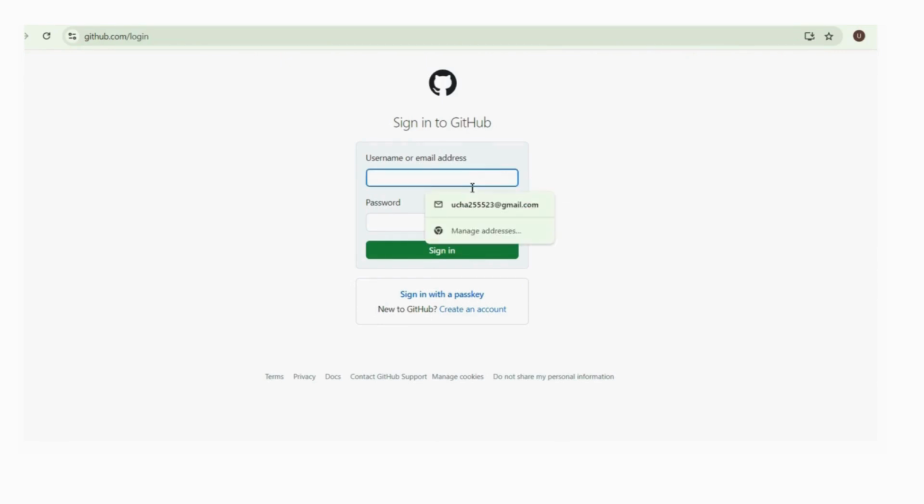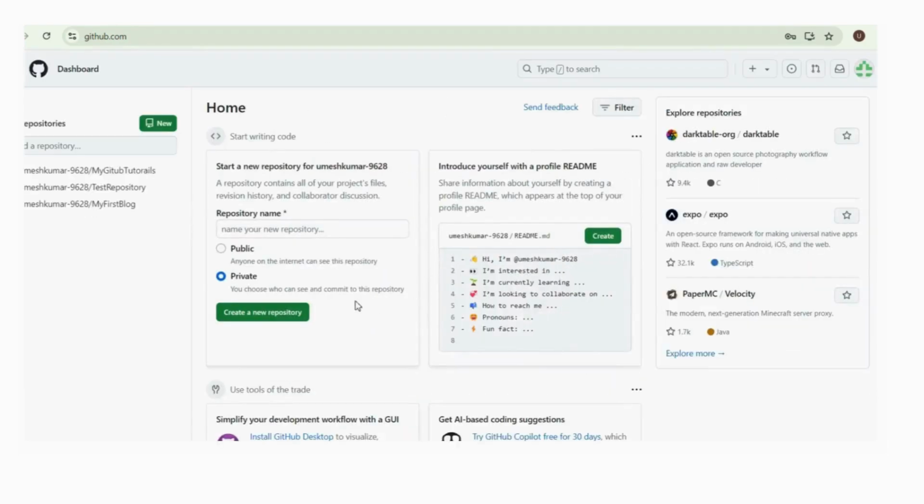Now enter the username and password. Click on the sign in button. Now our GitHub account is open.